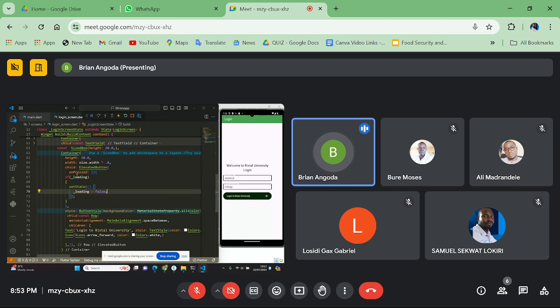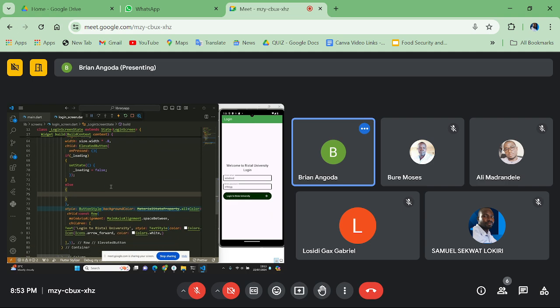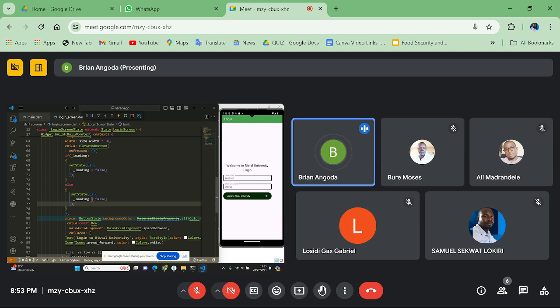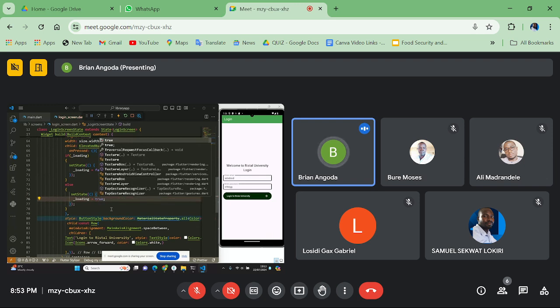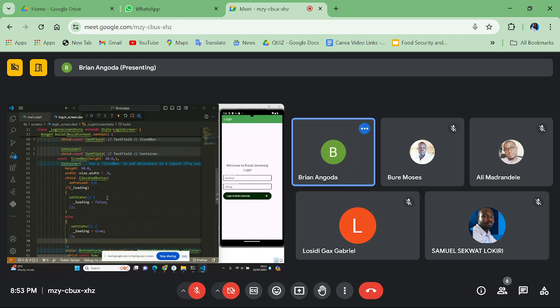When I just put something like this, it means it either evaluates true or false. So here, if loading is not true, then we shall turn it to true, meaning change the state to loading. True. Okay, so yeah, now that we have that,